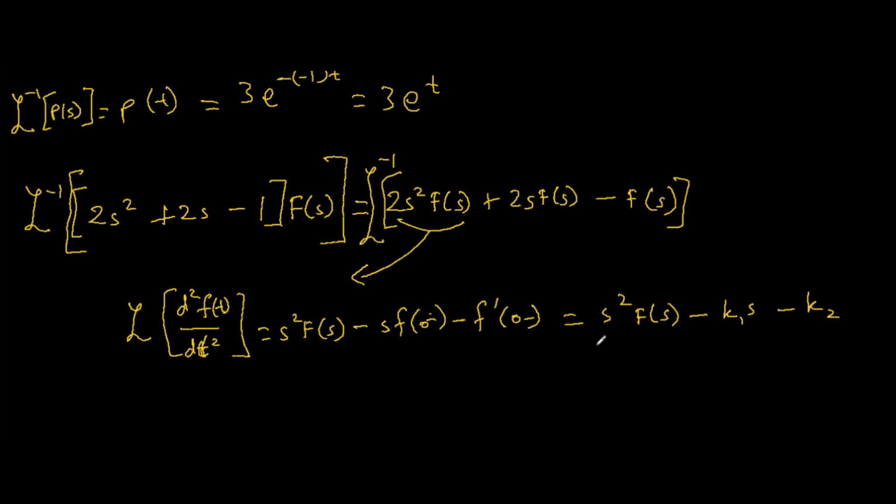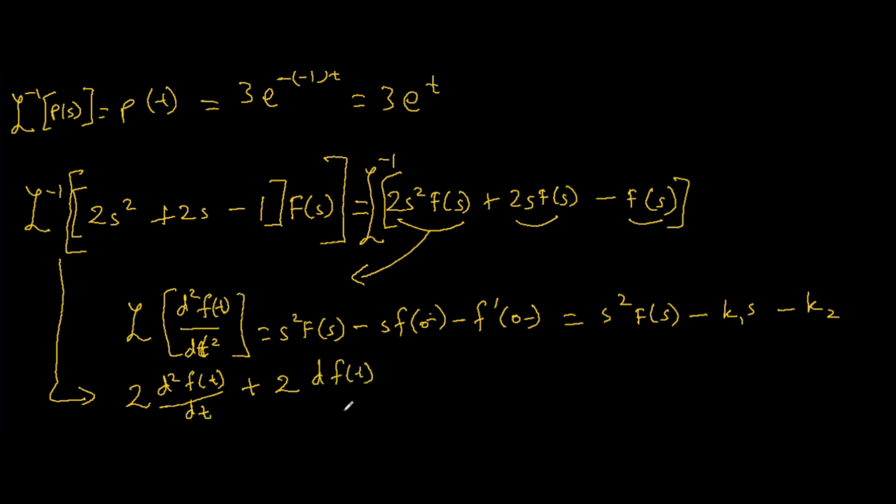And all I'm left with is my s squared parameter. This other function here looks like the Laplace transform of a first differential, and this is just a Laplace transform. So it makes sense that the solution to our system here, the inverse Laplace transform, will simply be equal to 2 times the second differential of f of t dt plus 2 times the first differential of f of t dt